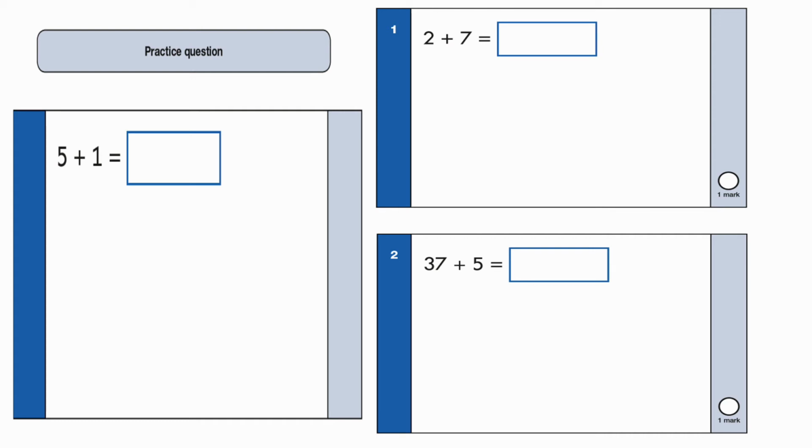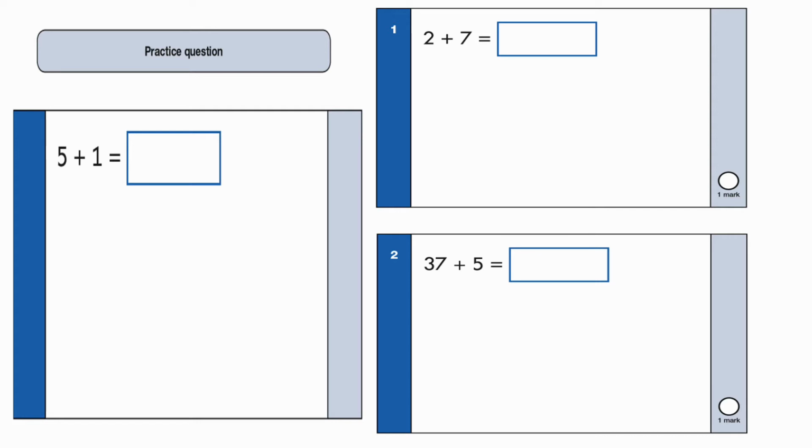Hi, in this video tutorial we'll be taking a look at the Key Stage 1 Paper 1 SATs for the 2019 year. Okay, so this is looking at Paper 1 for Key Stage 1 SATs, for students in Year 1 and Year 2. It might be beneficial for the later years as well, but it's aimed at Year 2 level maths.